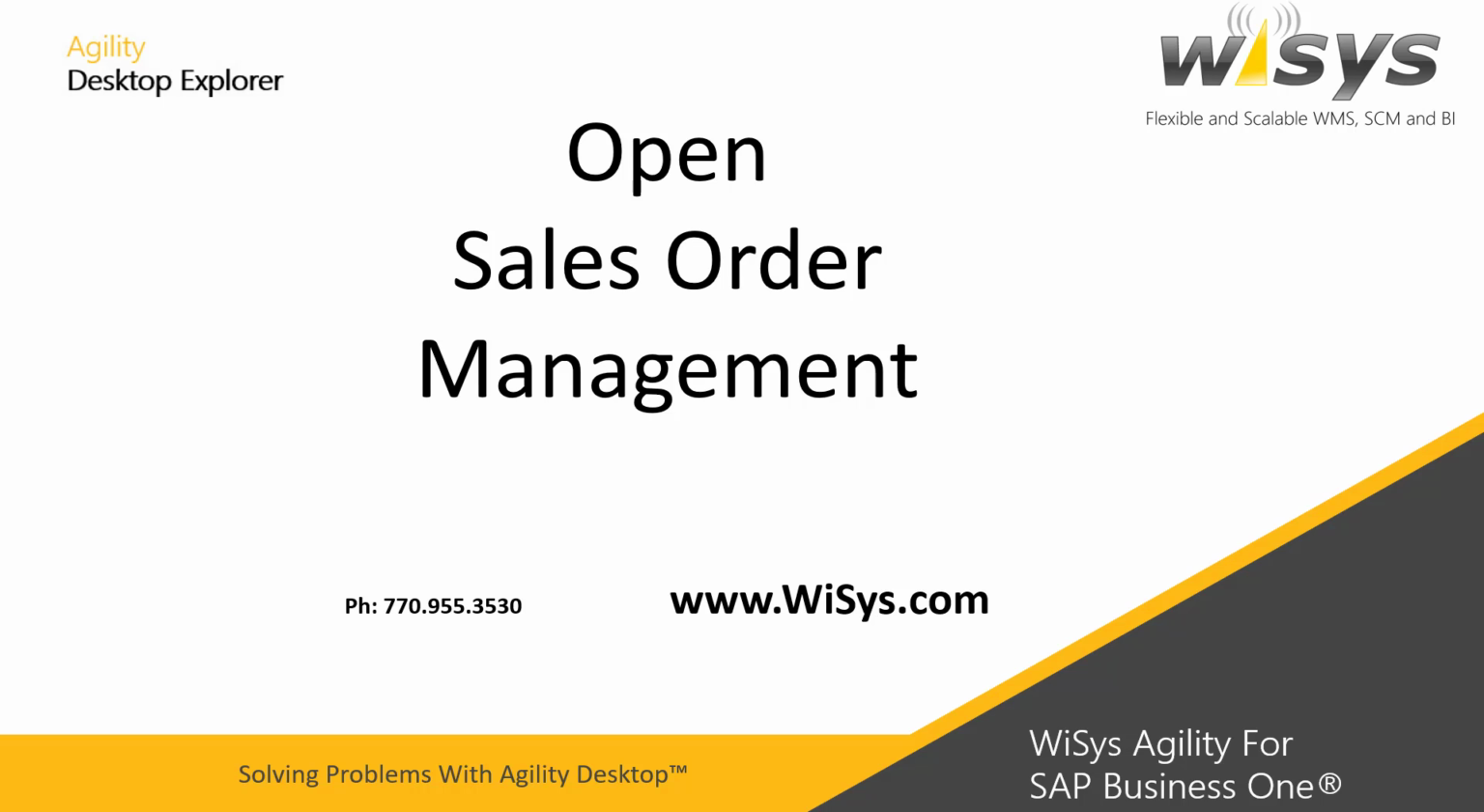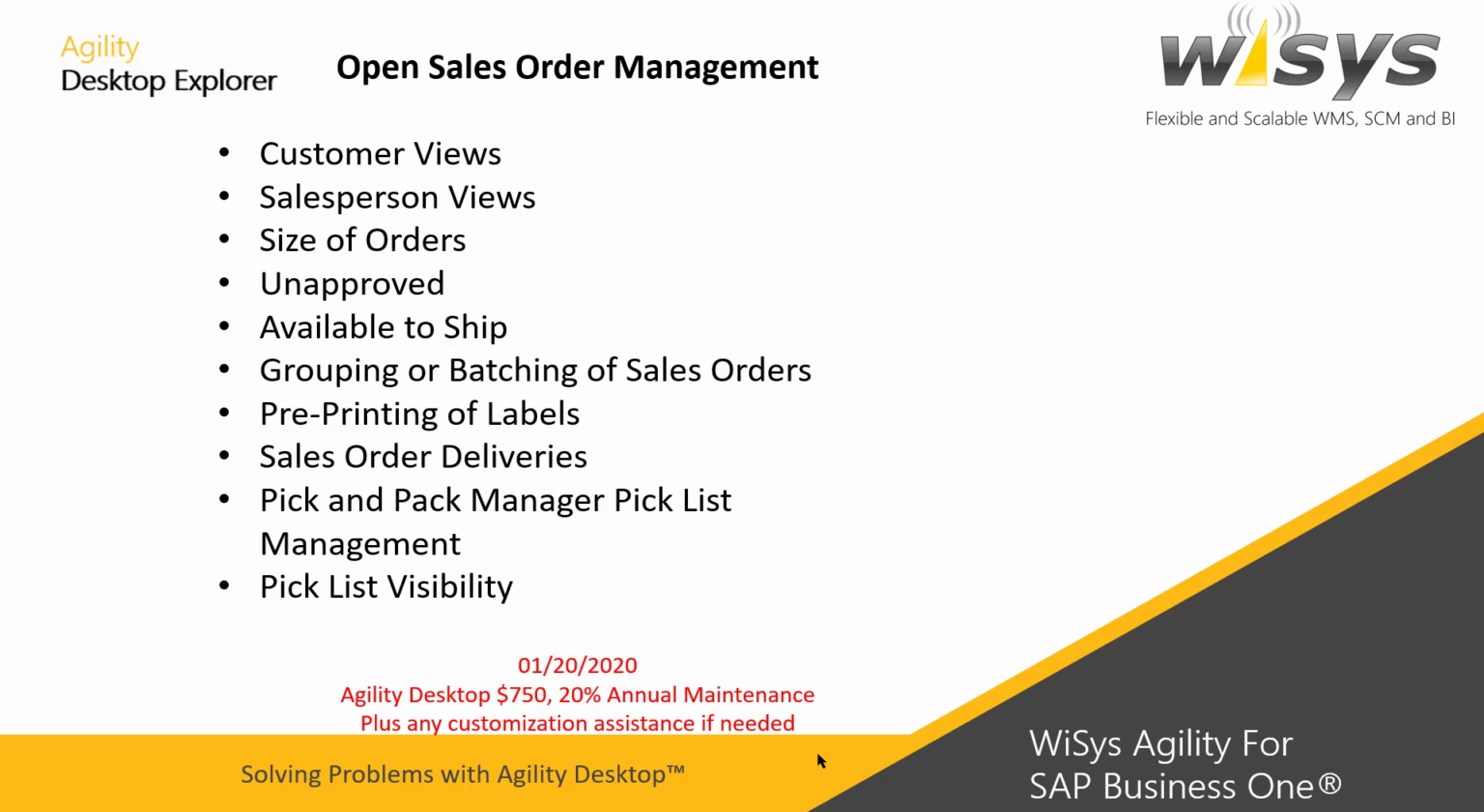This video is part of our Solving Problems with WiSys Agility products, specifically using our Agility desktop to manage open sales orders. We're going to use our sales order batch management grid to go over various ways to manage your open sales orders. We're going to be taking a look at customer views, salespersons, evaluate the size of orders in volume and in weight, identify unapproved orders or orders that are on hold, link it up to available to ship,